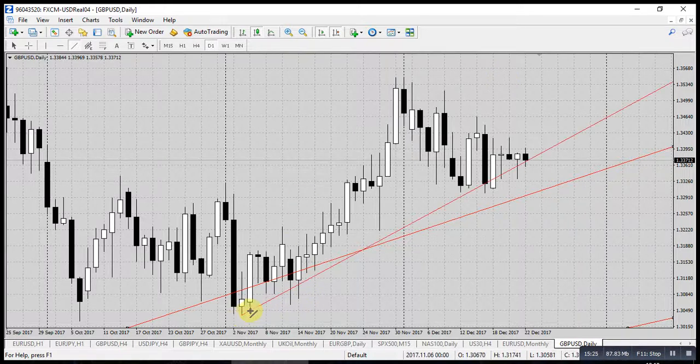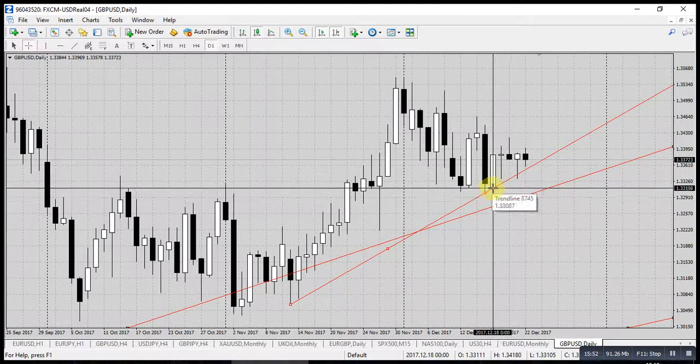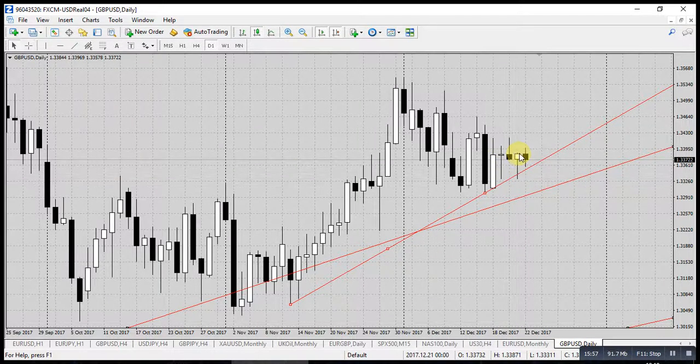No, this one is not. This one is good, but it's a little bit too far from the price, so we'll try to find a trend line closer to price. So again, we are looking for the best point. So here is a good point, because you see price just tested it, even went up 50 points yesterday,